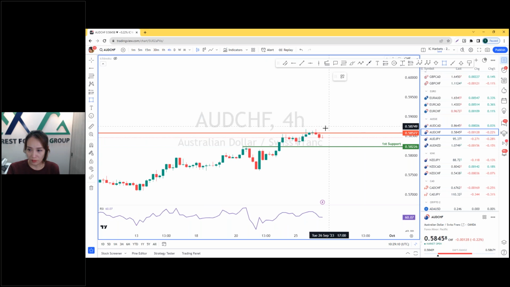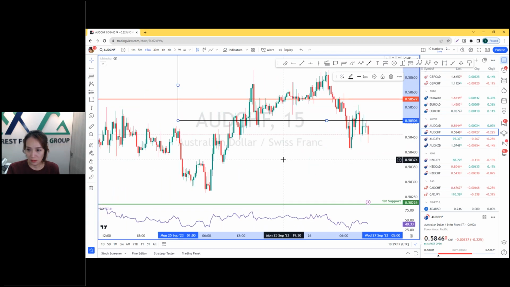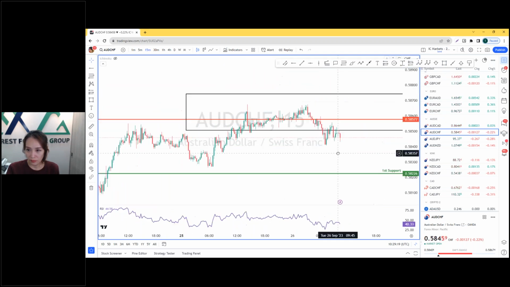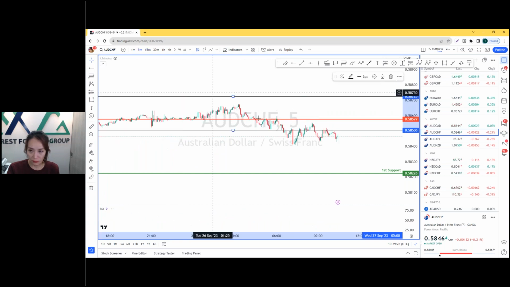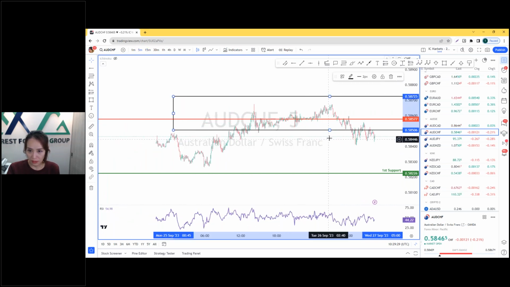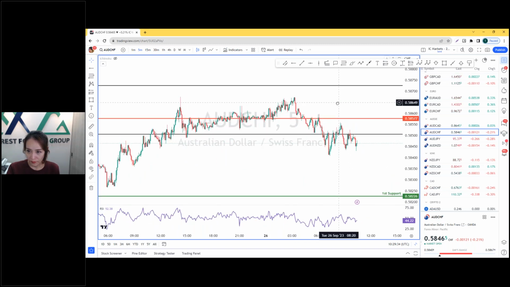Like, wait for the confirmation. For example, somewhere here, you go to M15. What you can see in M15 is over here, it's a bearish candle, right? In M15, price could not go above. Let me see, like here, price could not go above